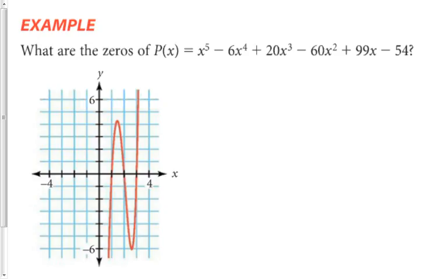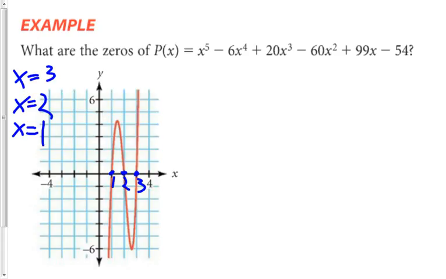Here's an example. What are the zeros of the function p of x, which is a fifth degree polynomial function, x to the fifth minus 6x to the fourth plus 20x cubed minus 60x squared plus 99x minus 54? Well, start looking for the zeros. I'm going to look at the graph I have. That's a graph of the function, and it looks like here, here, and here. So at x is 1, x is 2, and x is 3, I believe I have